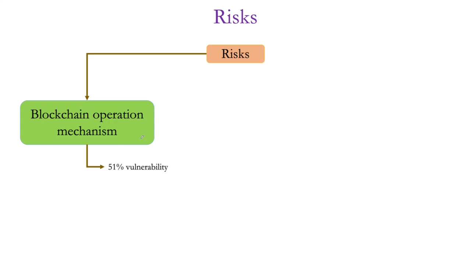The first one is based on the consensus mechanism. The risk comes from the consensus mechanism. Can you please tell me what this 51% vulnerability risk is? If 51% of the computing power of your network is compromised or held by one single actor, they can start pushing through any transaction that they want, as they will be able to verify it themselves and then add it to the blockchain. That's correct. Any other points from your side?